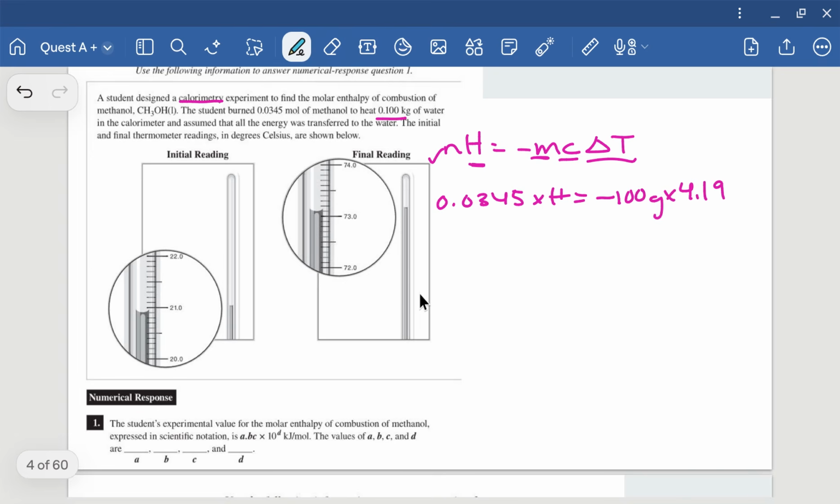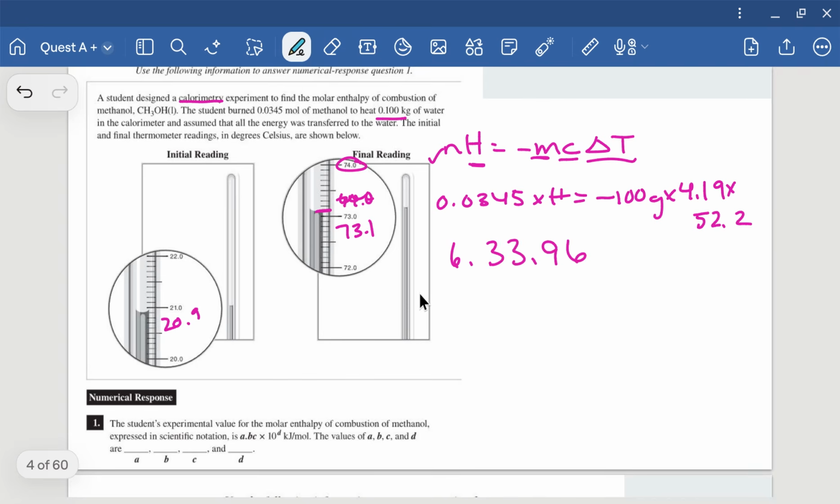And if we're reading our thermometer, your final reading here, it just looks like it from the meniscus, it's 1 over, so it would be 74 degrees. And over here, it's 1 under 21, but we're going up by 0.1. Oh, I did that wrong here. So this would be 73.1, just taking a look at the scale. So this one would be 20.9. So when we take the difference there, we are going to get 52.2 degrees Celsius. And then you'll see our units canceling nicely, isolating H, and we get